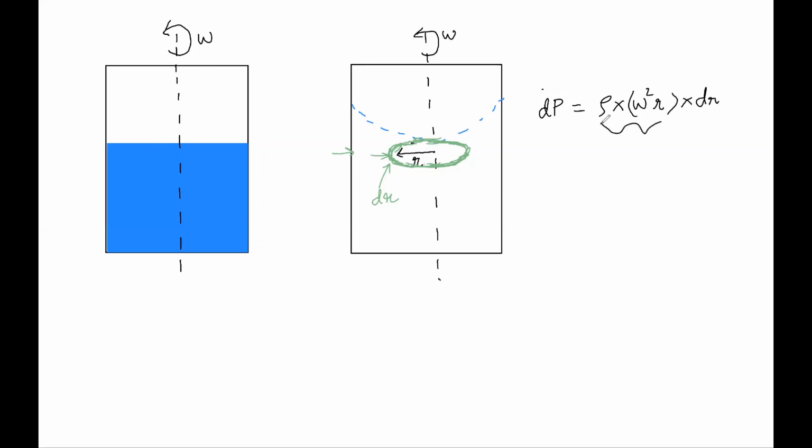the Pascal's law. Generally, we write this Pascal's law statement for the vertical direction, telling that there is a pressure variation with the depth by the formula rho gh. So here we are writing in terms of pressure difference in the horizontal direction in terms of the centripetal acceleration omega square r for the circular element located at a radial distance r. So it becomes rho into omega square r into dr. Dr is just like a vertical height. We used to say rho gh. So here the dr term is the thickness of that circular element.